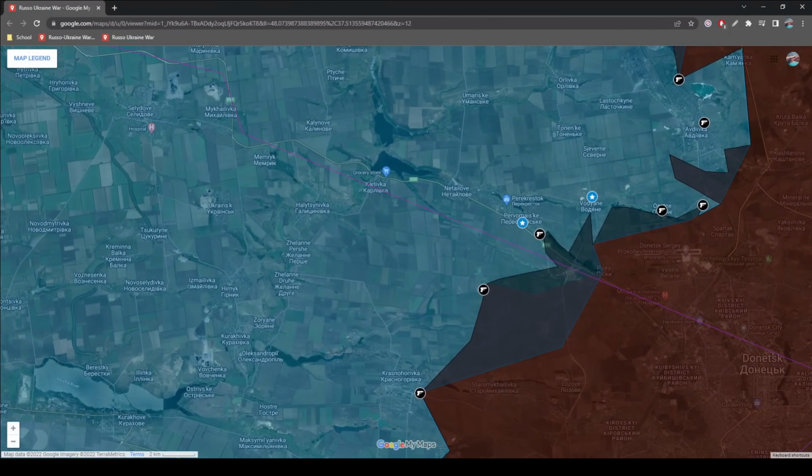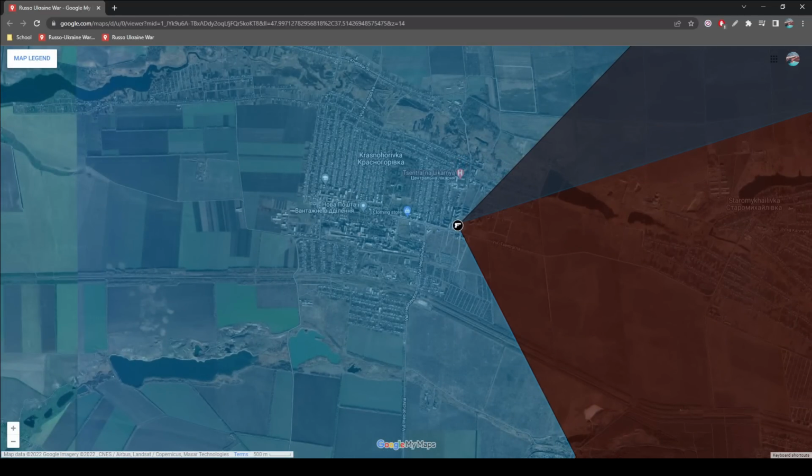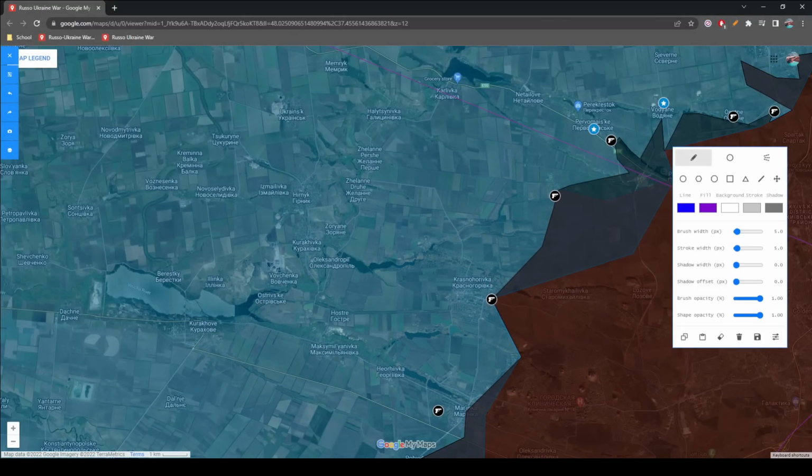But yeah, generally it'll be a slow process up here as well. Further south we have Krasnohorivka, which is actually a large city. I would call this a city because it's so large. And the way they need to take this is by connecting to the northern side, as there's a lake here as well, and then connecting to the southern one here, which will allow the Ukrainians an escape down the middle